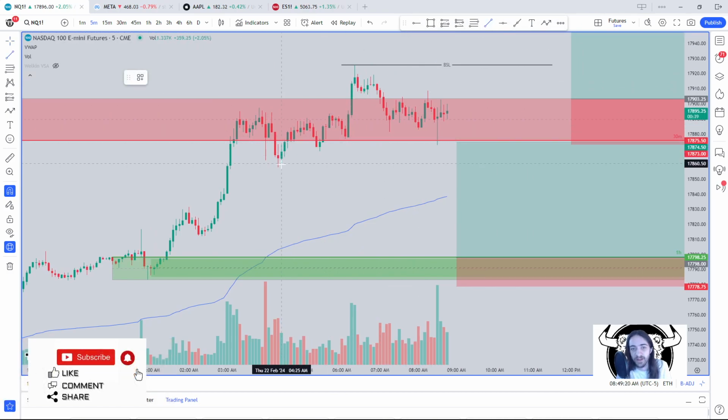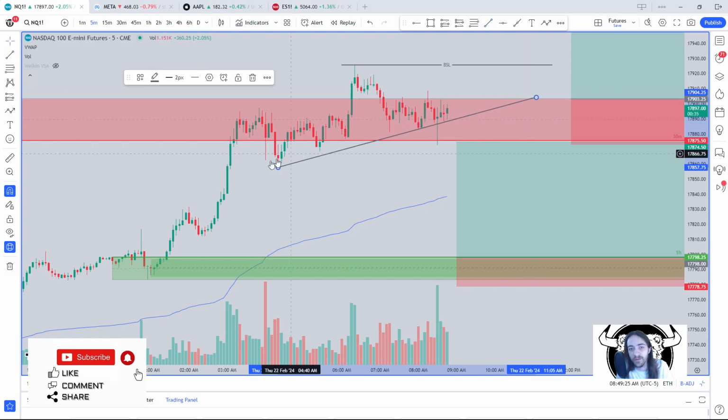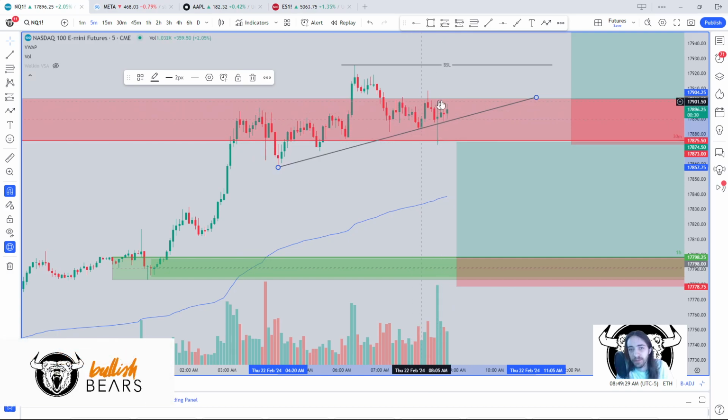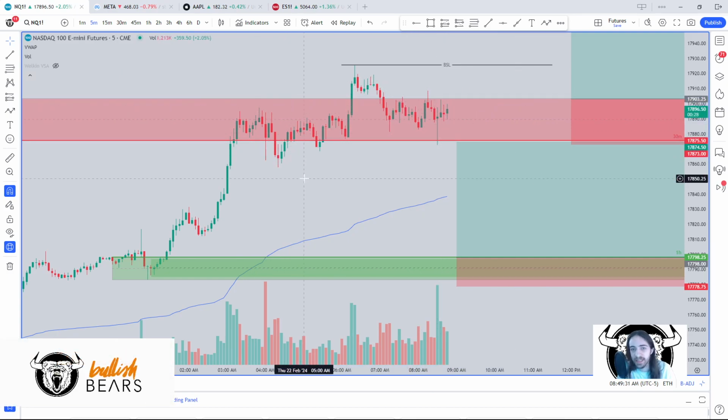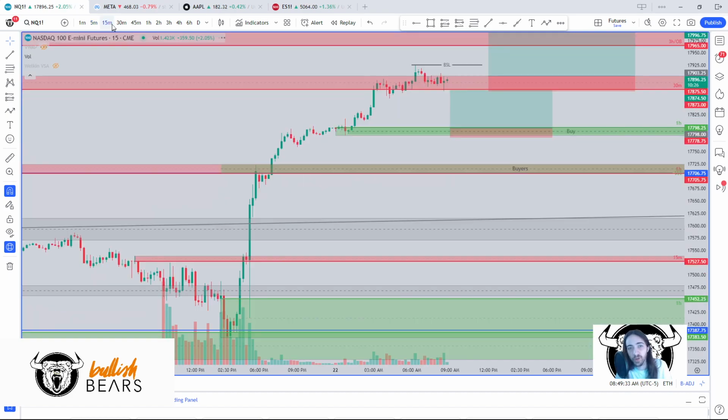I see we sort of found a bit of a floor. This is on the 5-minute. Just sort of how we're creating all these higher lows. We're breaking, rejecting to push back up. It's just things that I like to break down when I'm trading, when I'm creating a plan in the mornings